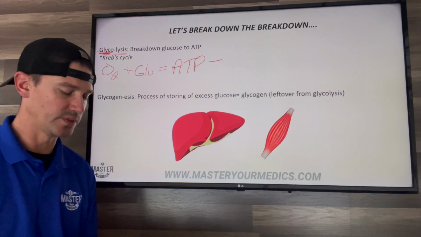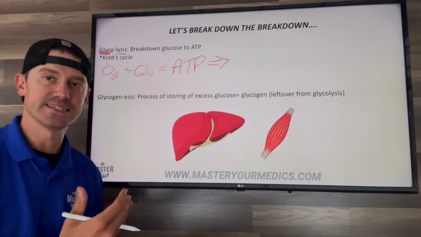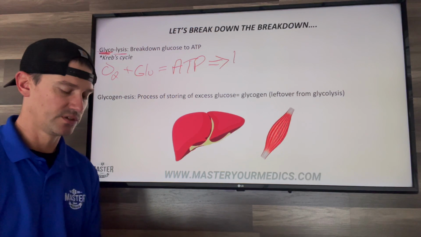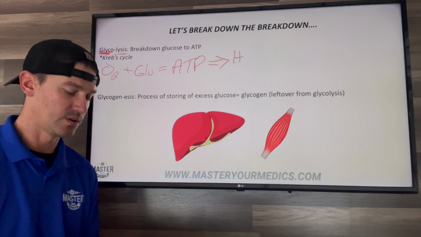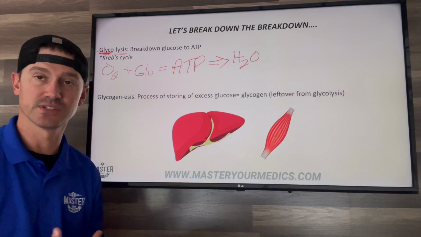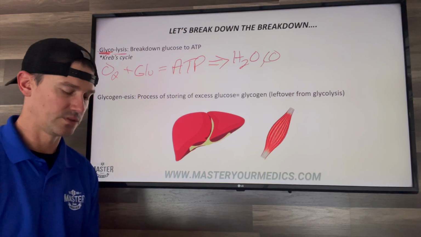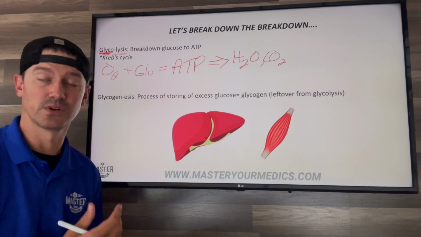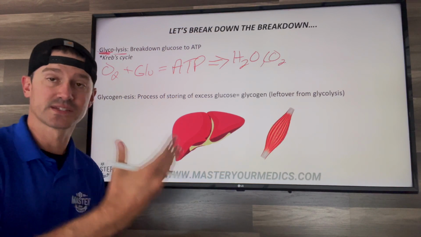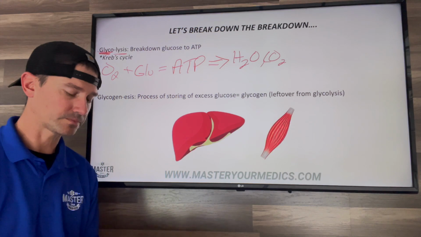Now, some other things we need to know are the byproducts of that. With that adenosine triphosphate, that ATP production, we produce H2O, some water, so we secrete that out through our renal system. We pee out that waste product, and CO2, we exhale it. So our renal system and pulmonary system are our buffering system. We exhale it out, we pee it out. That's how we excrete that extra waste.